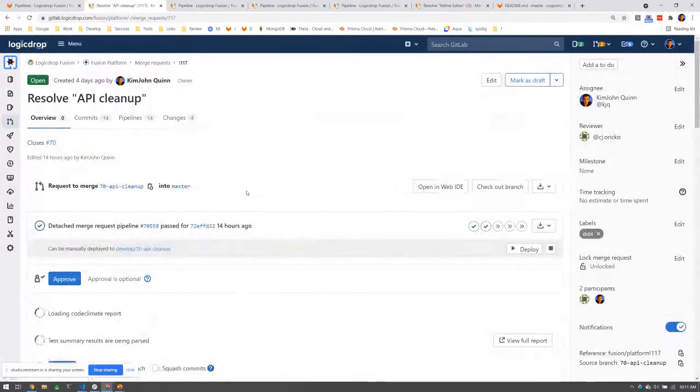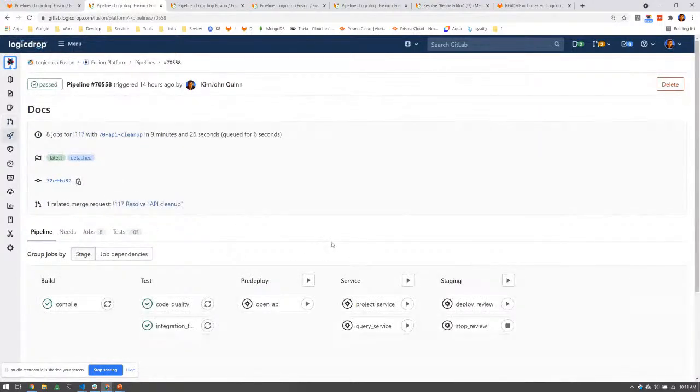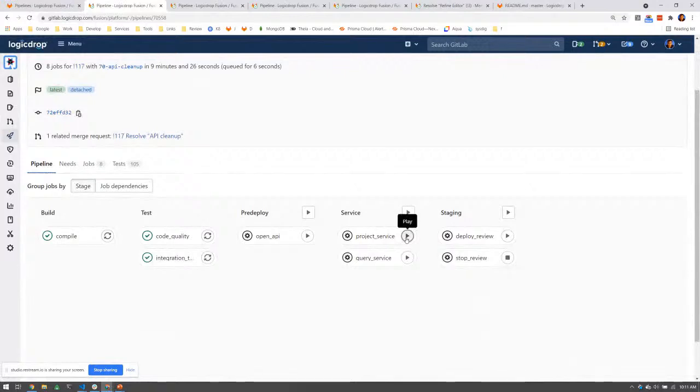So once you've created that merge request, what we want to be able to do is test the service or services that you've touched only in an isolated fashion. What that means is being able to deploy just your service and have it configured to point the rest of your services to staging. When a developer creates a merge request, they can deploy whatever services they touched into their own isolated environment and test them before they get merged in. Once it's complete, it gets merged in.